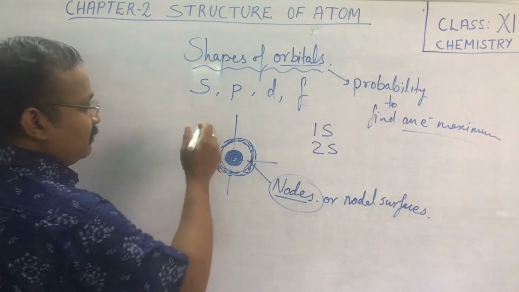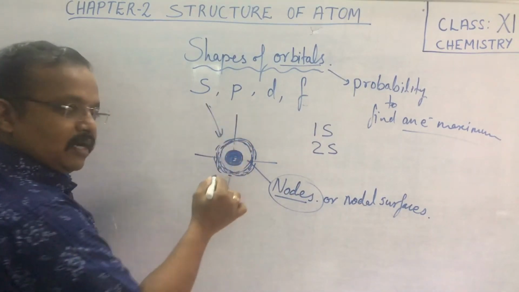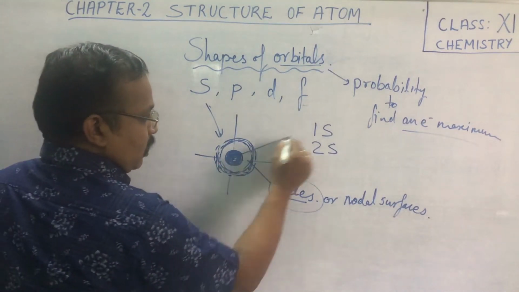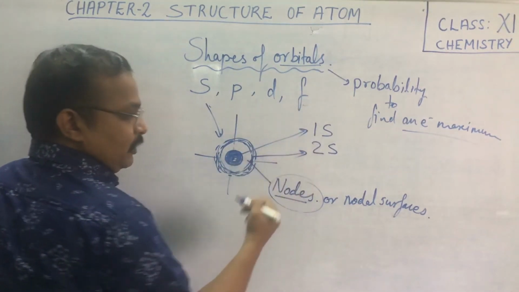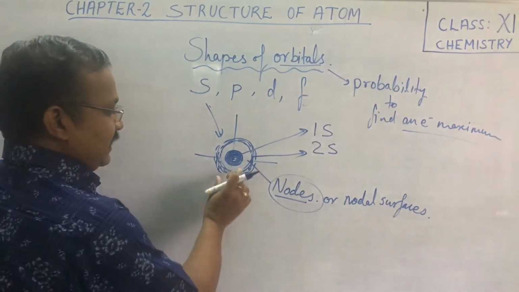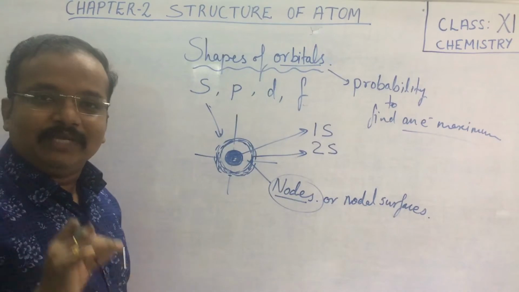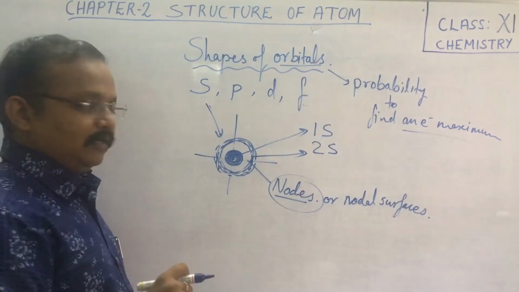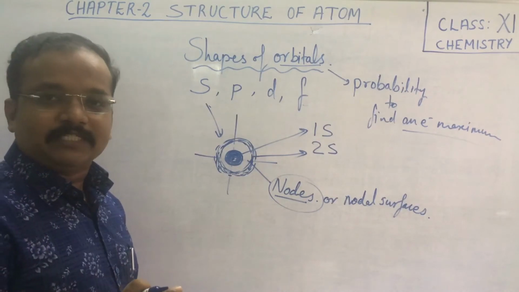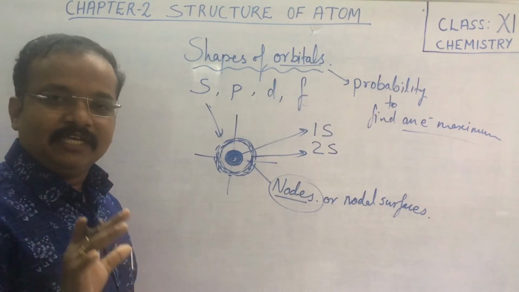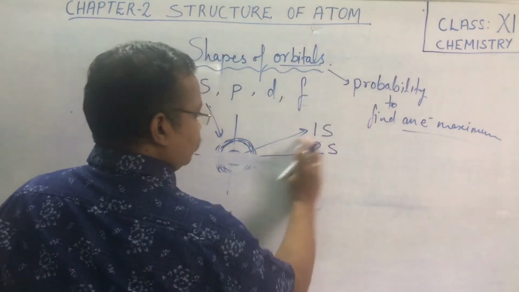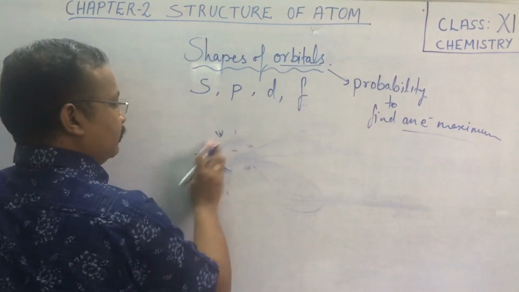So we have discussed this is our 1s orbital and 2s orbital. This is the first, 1s, and this is our 2s orbital. One more thing you have to remember is that s orbital does not have any directional characteristics. Since it is spherical in shape, it does not have directional properties, meaning we cannot represent it on any Cartesian coordinates. Next we shall discuss the p orbital.